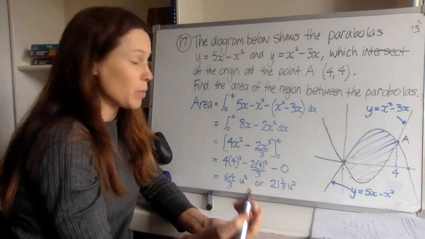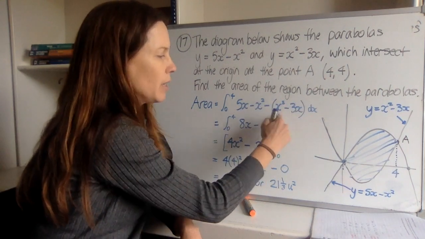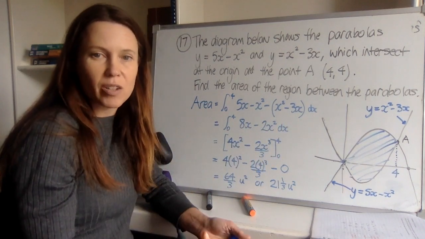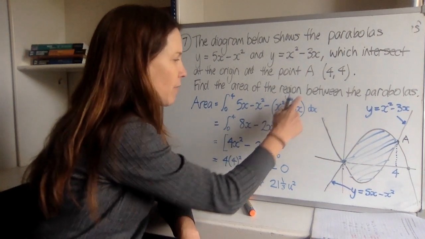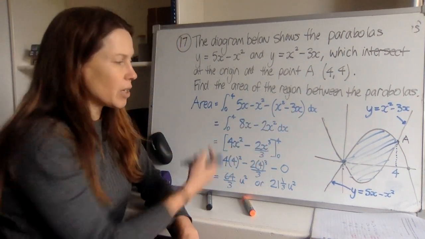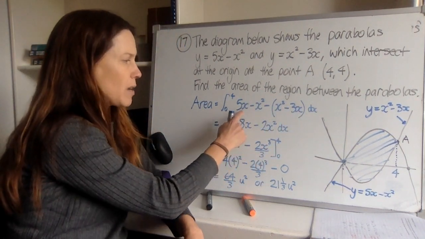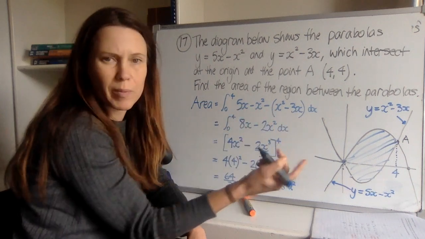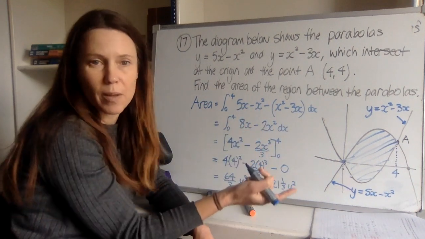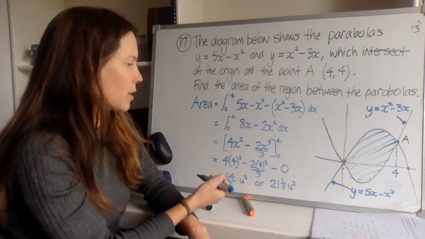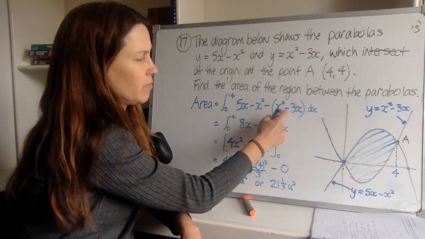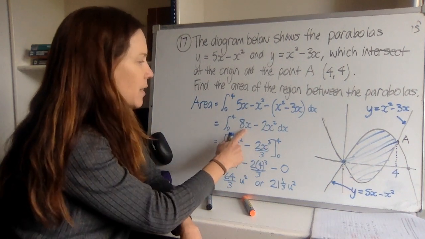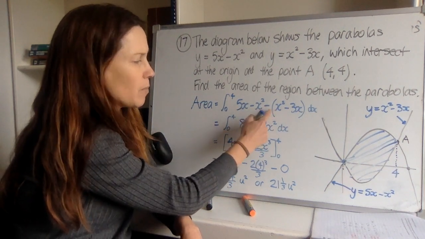And another area you could potentially mess up is forgetting to put the lower function in brackets. It's got two parts, so this would be a good way to make a classic sign error if you didn't have brackets. Then we can tidy up, and I wouldn't recommend integrating with 4 terms. When you can tidy up and get it down to 2 terms, it's going to make your integration much quicker and easier. So we've got 5x minus negative 3x, that gives us 8x, and we've got minus x squared